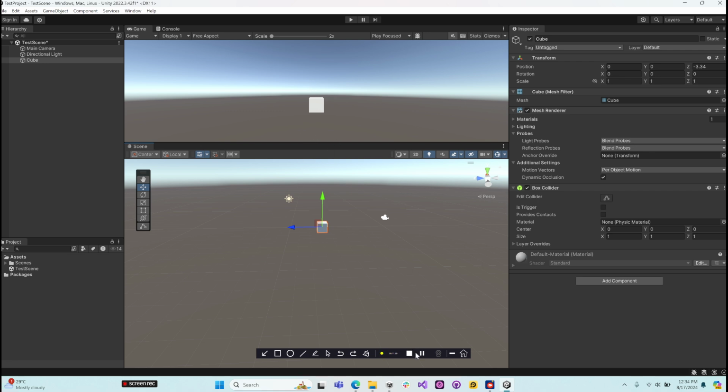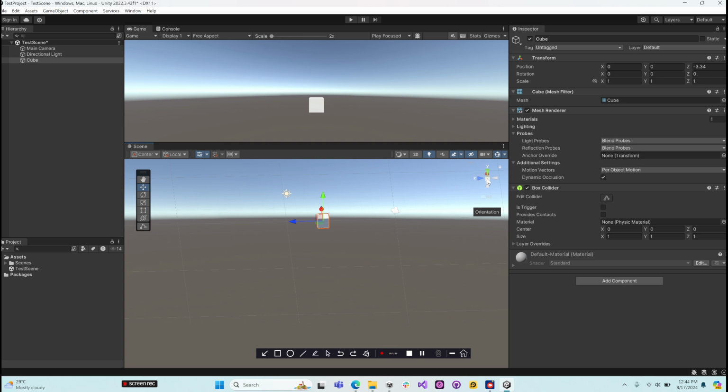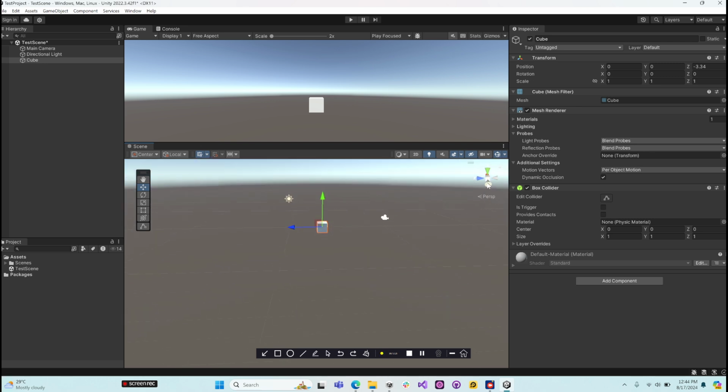Why is that so? Here we have this direction controller. It basically changes the view in the scene view. This is the Y component, and this is the x-axis, this is the z-axis. Okay, so when you click on the center, the view becomes isometric, the orientation, and when you click again, it